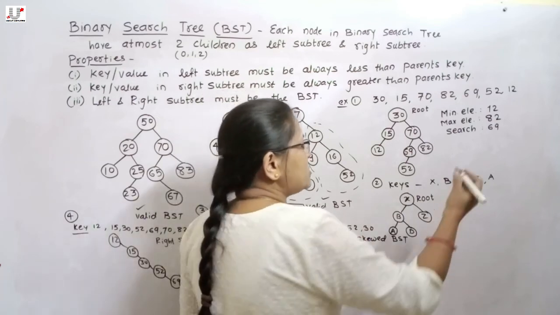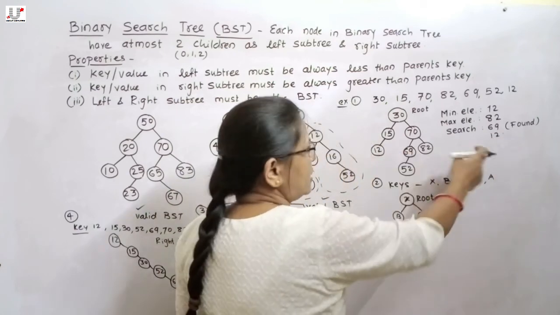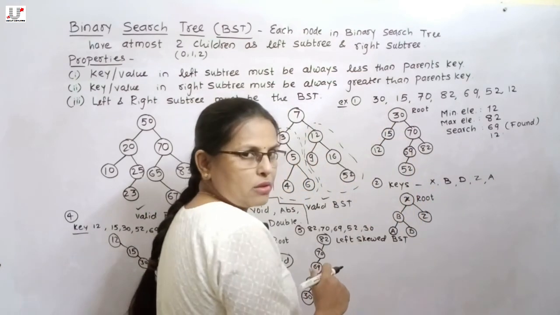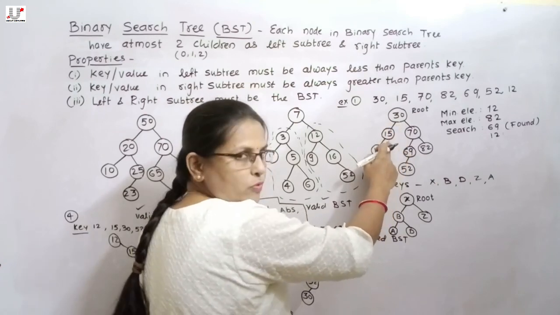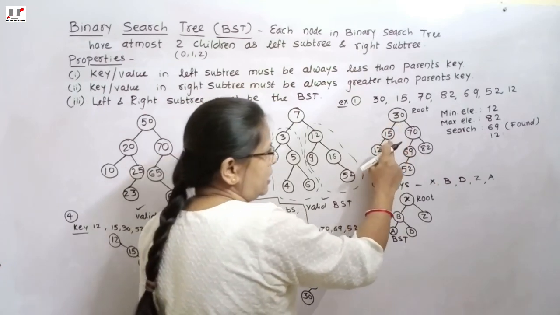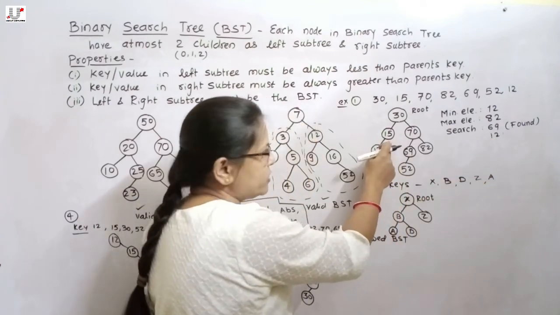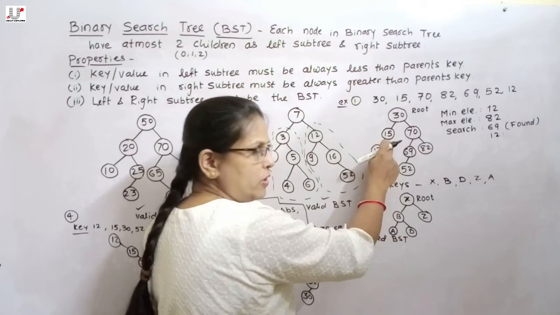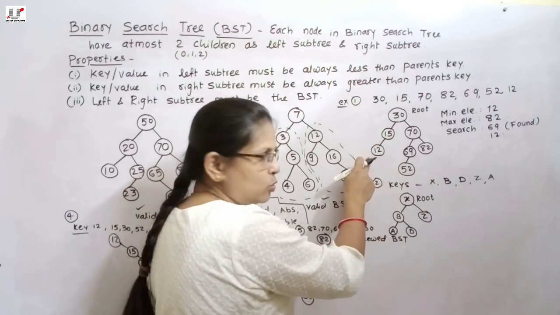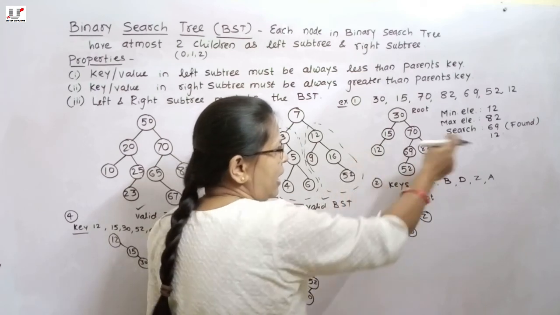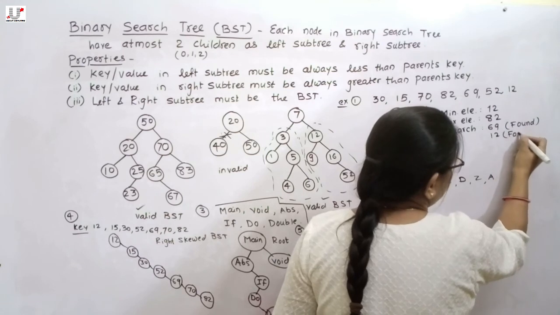Next, suppose we specify the element 12. Again compare 12 with the root node first. It is smaller than the root, so move to the left subtree. The search element gets compared with the element in the left subtree. It is smaller than 15, so move to the left, then compare it with this left node, and as they exactly match, it displays that the element is found.